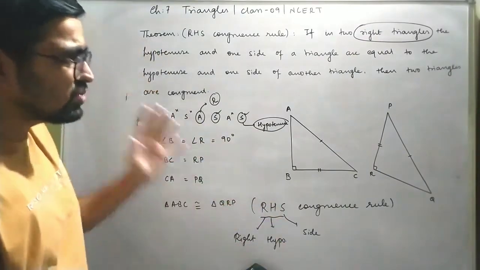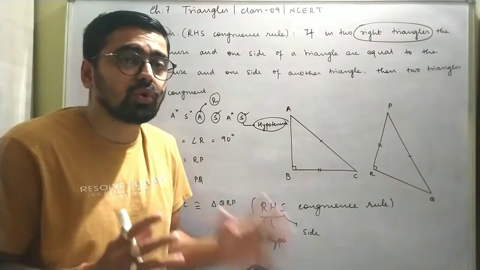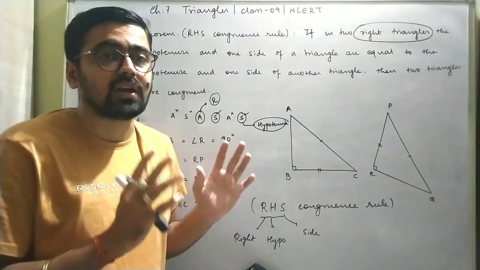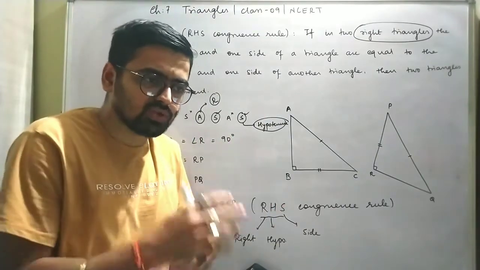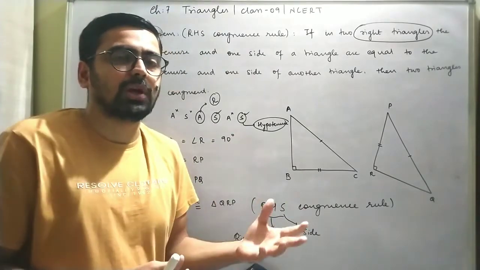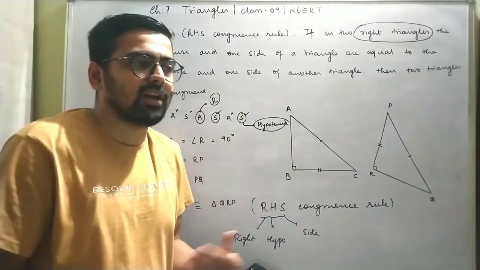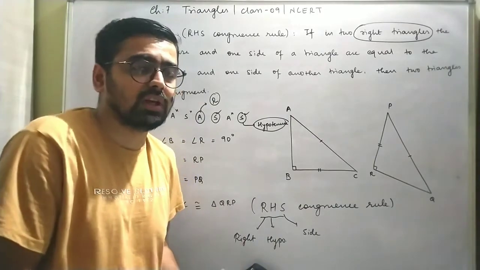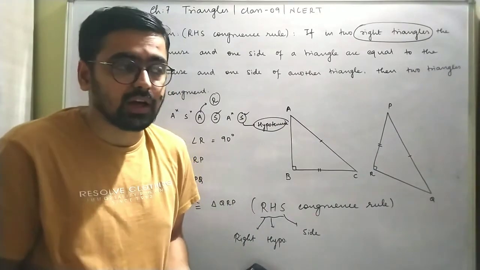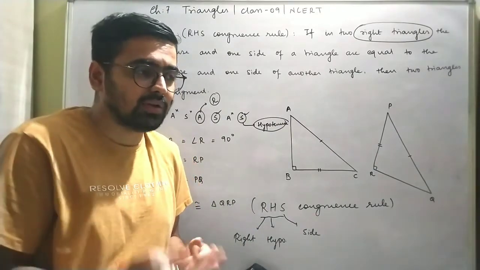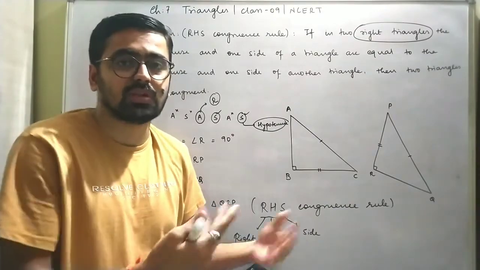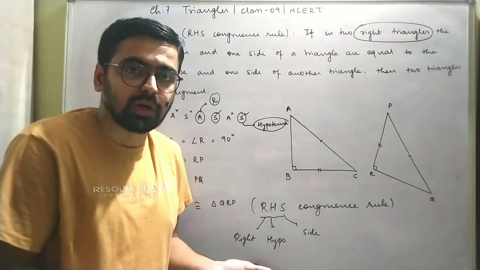So whenever we solve any kind of triangle for its congruency, always remember that you should think of all the criteria at a time. Correct. Because whenever we are solving for the first time, as we talked about exercise 7.1, in that particular one we solved only side angle side or angle side angle, and when we understood a particular theorem, we solved a problem to understand that theorem. So we'll definitely solve that particular criteria. But when the question comes in the exam, it doesn't say that it is going to be angle side angle or RHS or SSS or something like that. We need to think at that particular moment of time.